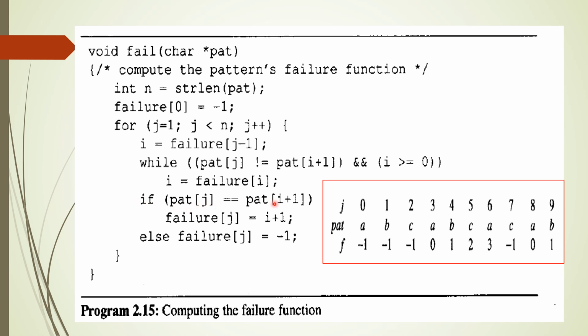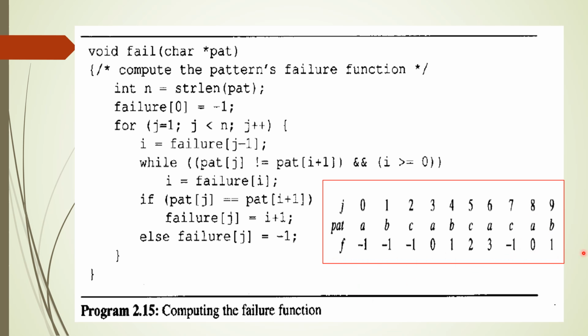It will check whether it is equal. If it is equal, then you update the failure function value. In this case, it's not equal, therefore go to the else part and again you continue with the previous value. So now j will get incremented, j becomes 2 now. I obtain the previous failure function value, compare, and again you will continue with the value 0. So like this it goes on. At the end of this function you will get the failure function. Now you will be ready with the failure function.